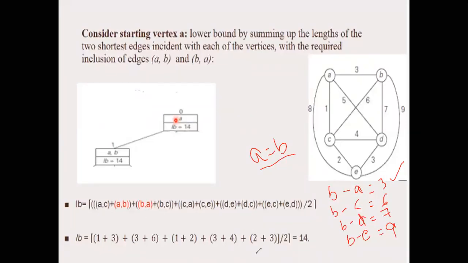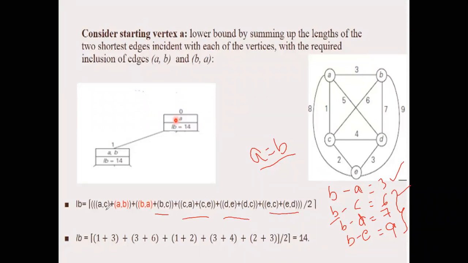Clear? So from B, what is the next remaining path? The minimum from the remaining paths is 6. So B to C. Is it clear? Okay. So again, from C, consider all and write down the paths. The first two minimums you write down here. Again from D, again from E, consider the two shortest paths, divided by 2.